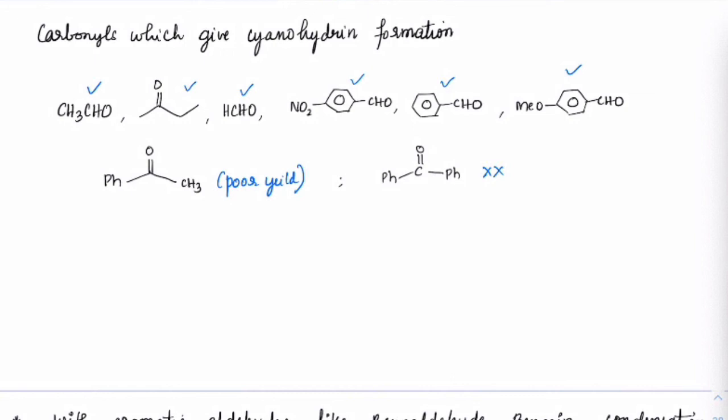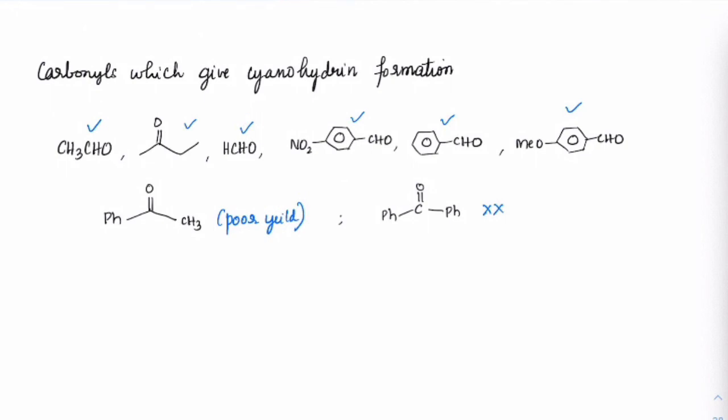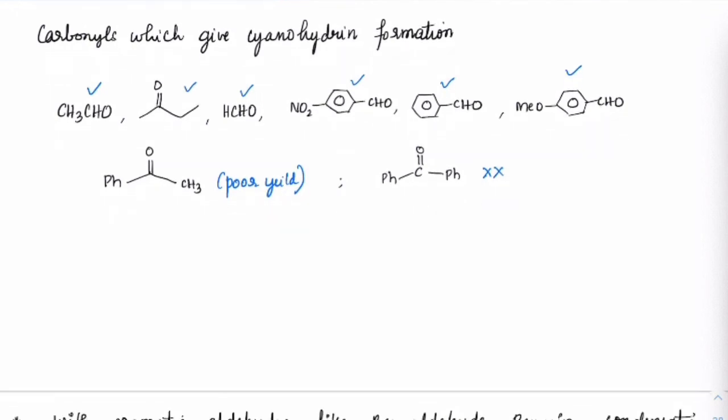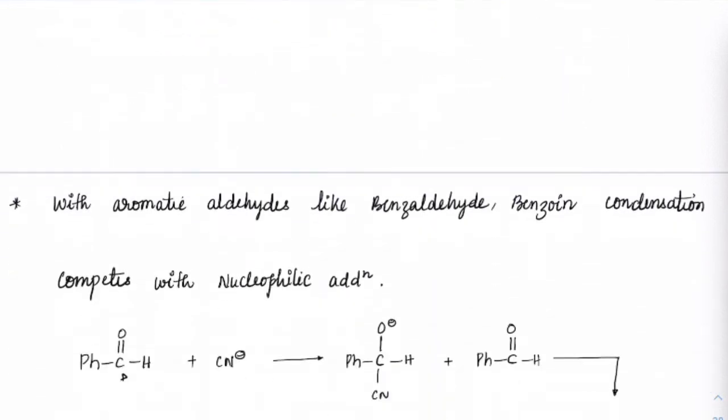Remember, for nucleophilic addition we take two factors, steric effect as well as electronic effect. In both the effects, this is not a good carbonyl group to get an attack of a nucleophile. Correct? So again, this is an integer type question where you need to find out in which of the cases cyanohydrin will be formed. So now you should know that.